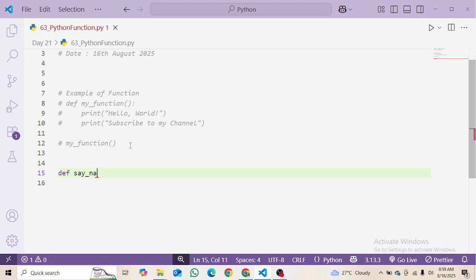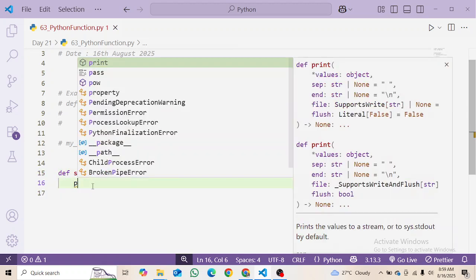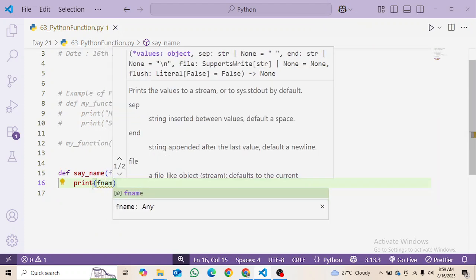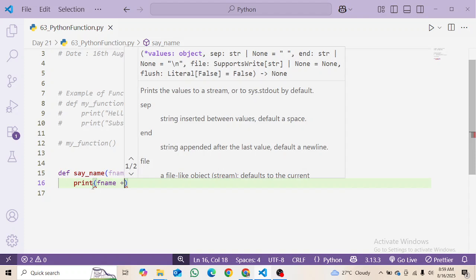I am giving it a random name, and then I am writing fname as an argument. It is an argument, and then I am using the colon to make the scope of this function, and then I am writing print fname plus